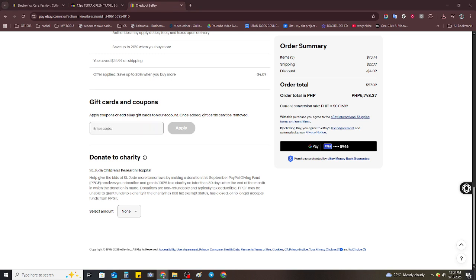That's it. You should now see the balance updated in your account, ready for you to use on your next purchase. Congratulations, you've successfully redeemed your gift card on eBay, linking your card to your account in just a few simple steps. Now you can enjoy